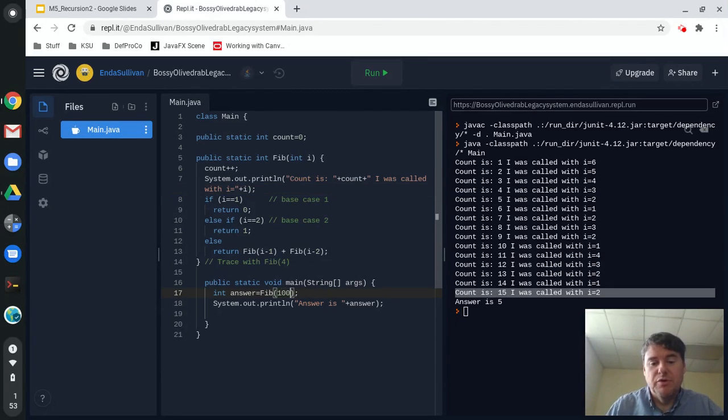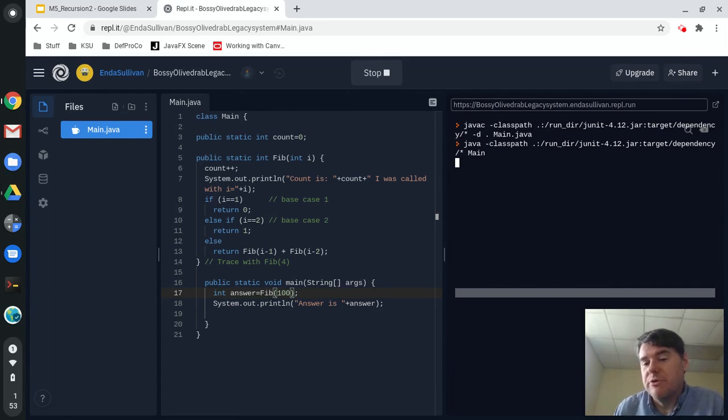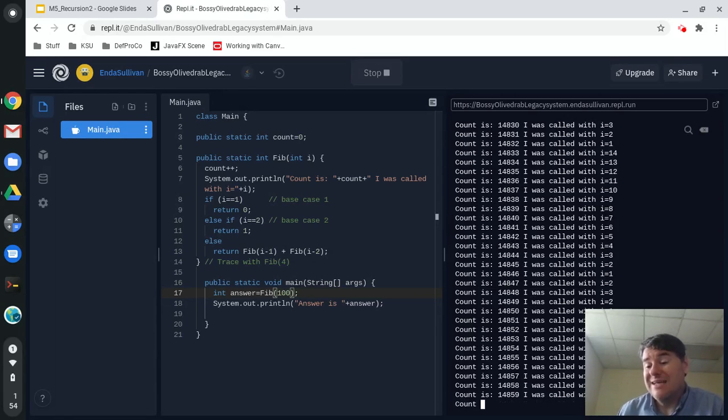I'm not going to do it, but if I run Fibonacci for 100, this is going to take much longer than you're going to be willing to sit here and wait. It's just going to keep chugging with thousands and thousands of calls. It will either eventually get you an answer, or you will get what's called a stack overflow error or an out-of-memory error. There is a limited amount of memory that your machine has allocated to its stack. If you try to make enough calls, it will eventually overrun the amount of memory that's available